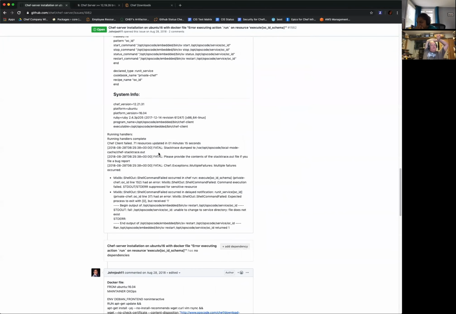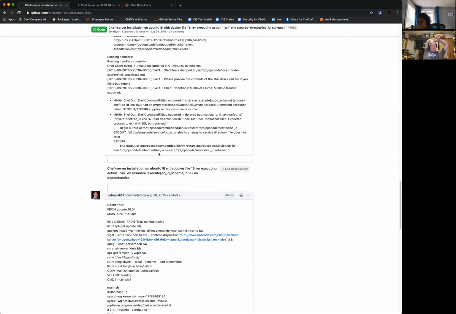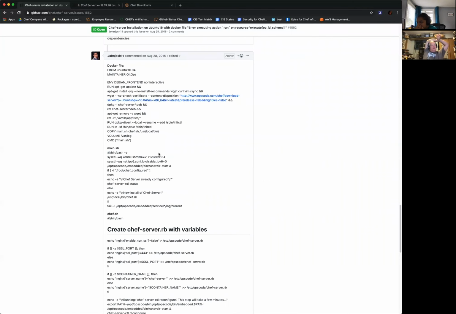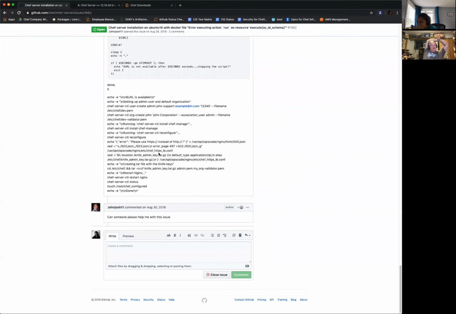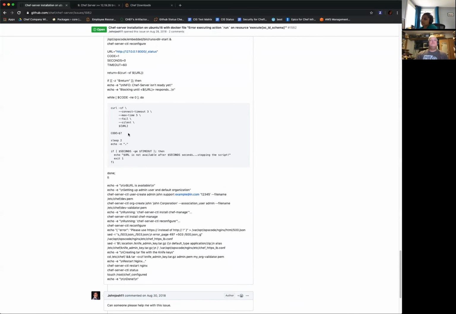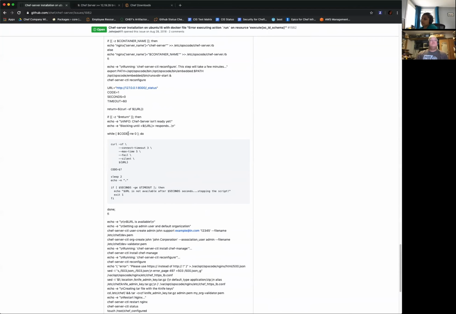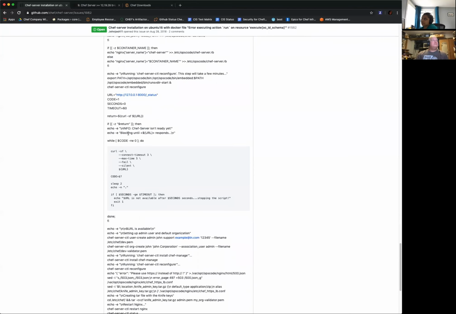Docker is just enough different on its baseline assumptions to break things on us. I don't know that we test Chef server with Docker within Docker. Well, we do for Automate maybe.